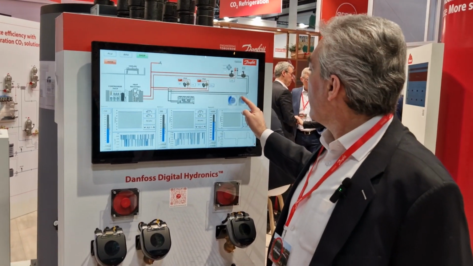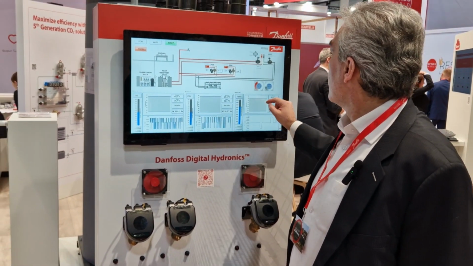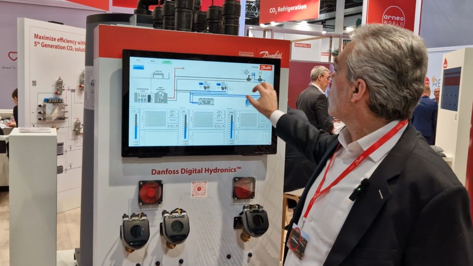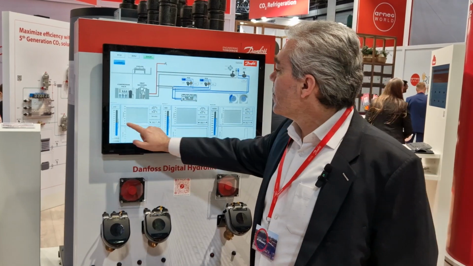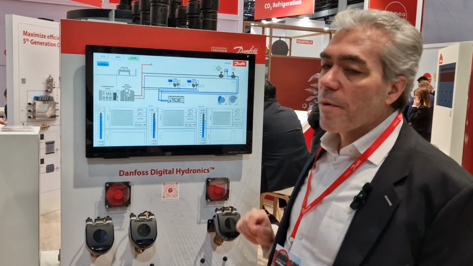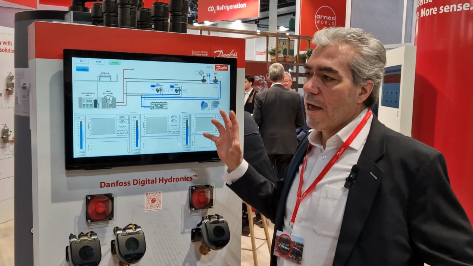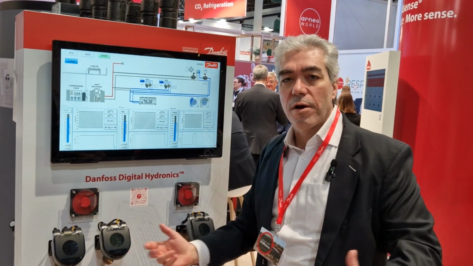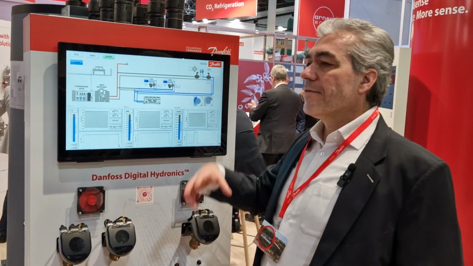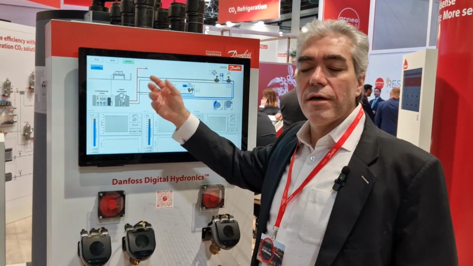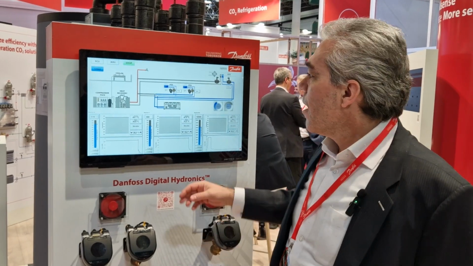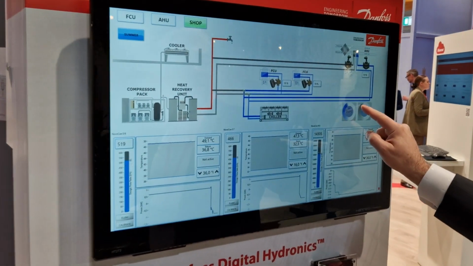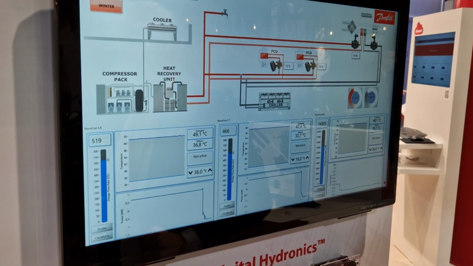So let's say if it is summer and you want to cool, then basically you see that we have a chiller for cooling the supermarket. But in winter, then you're still cooling your products, your meat and your vegetables. But that energy is basically usually dispersed in the air. With the heat recovery unit, we can take that heat and put it back in the supermarket and do basically